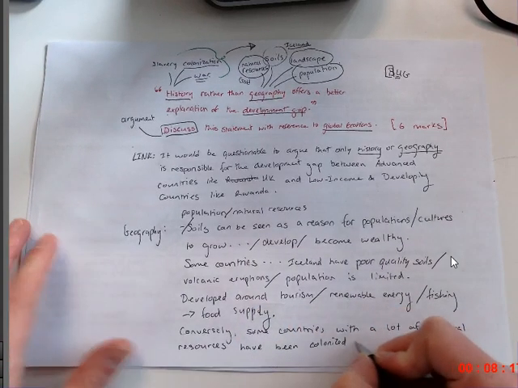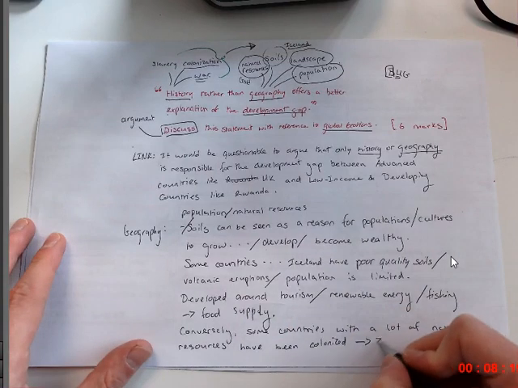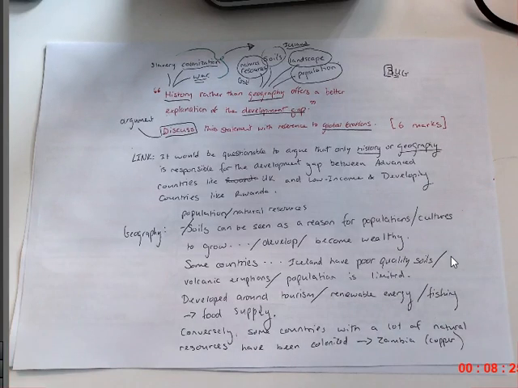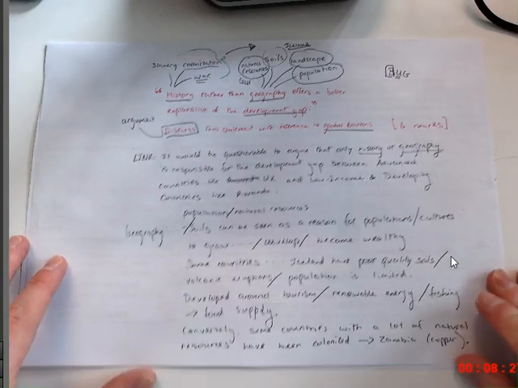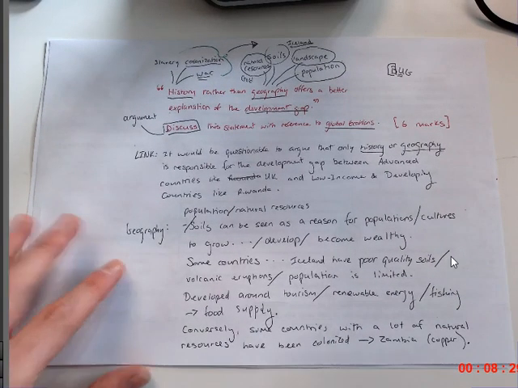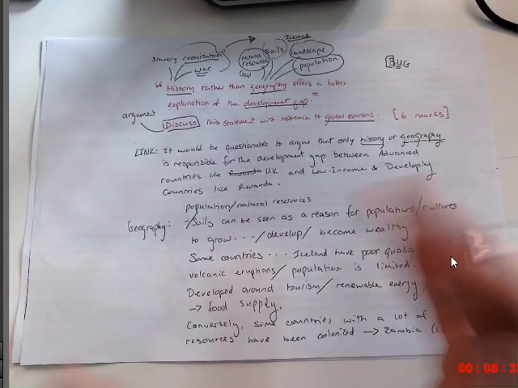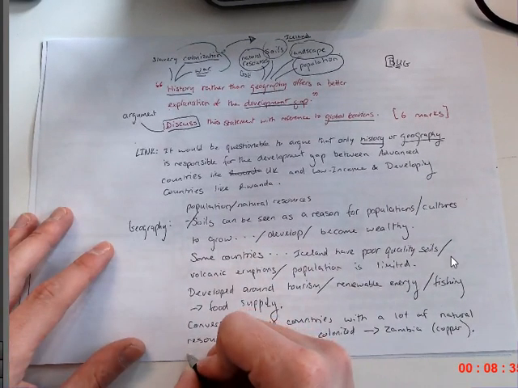An example of that could be Zambia and its copper, which we will look at in very, very good detail. So there's no reason for us not to include it. So then we go on and we have some form of analysis here, and we're going to say, as a result,